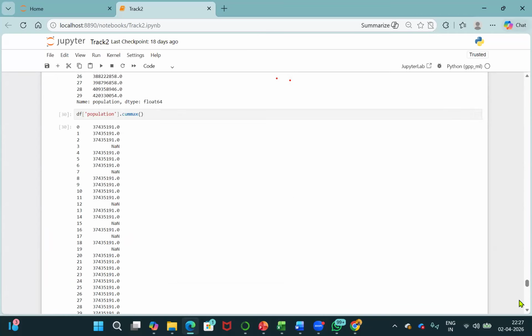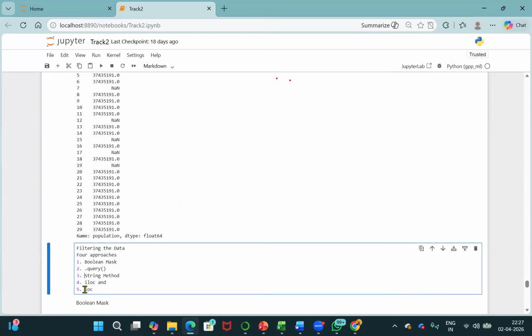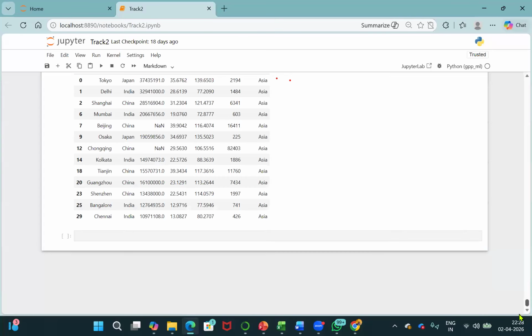This is the third method, string. It is like this, and iloc and this thing will come together. This is kind of string filtering, not a string method, but string filtering. Now, when I say string filtering, obviously we are going to work with the string